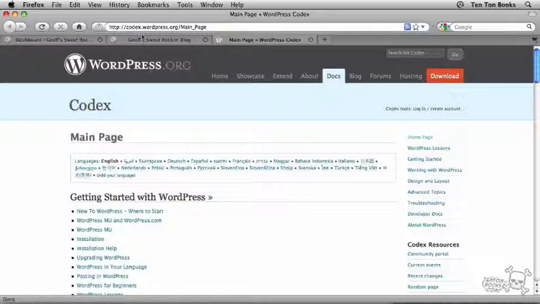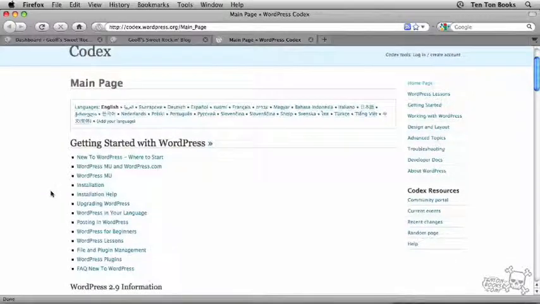Check out the URL here, codex.wordpress.org. Now, you can just go to wordpress.org if you want, and then just click on Docs, and that'll bring you to this same spot here. Now, what is the WordPress codex? Well, the WordPress codex is the Bible of all things WordPress. So everything you could possibly imagine is documented here inside the codex, and you can learn exactly how WordPress functions,